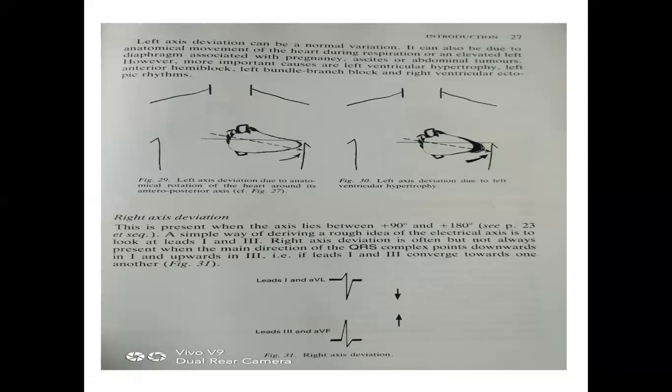Sir, you said lead 1 and lead 3, though there are AVL and AVF too. Do we have to consider those readings? Not required. Normally the easiest way is lead 1 and lead 3, unless the recording is not very good. If the recording is not very good in 1 and 3, then you can take a reference of AVL and AVF. Is it okay?